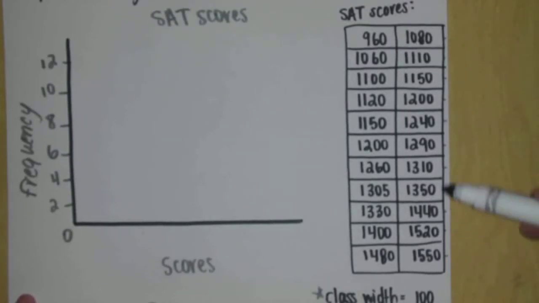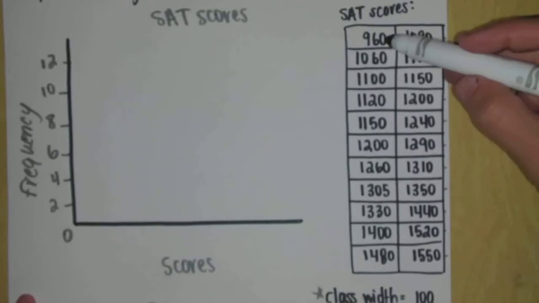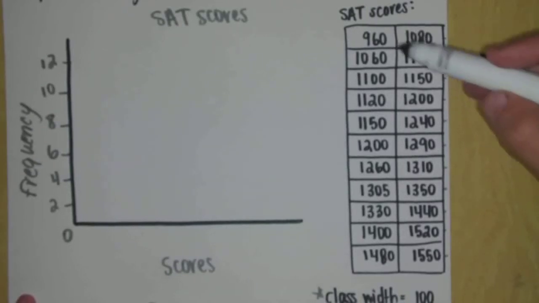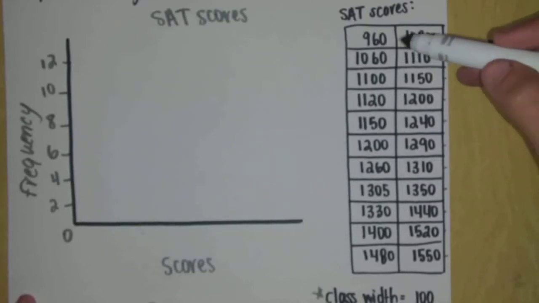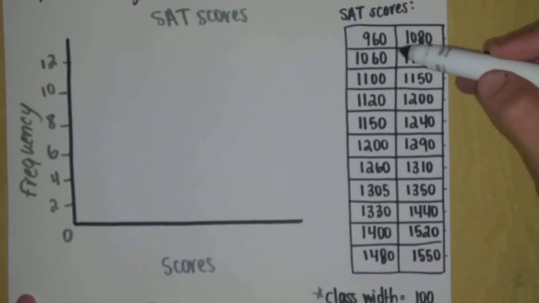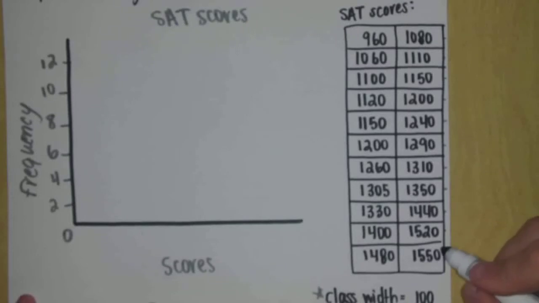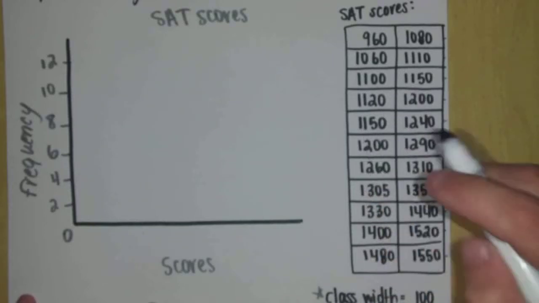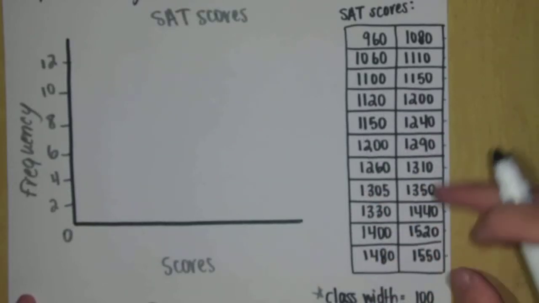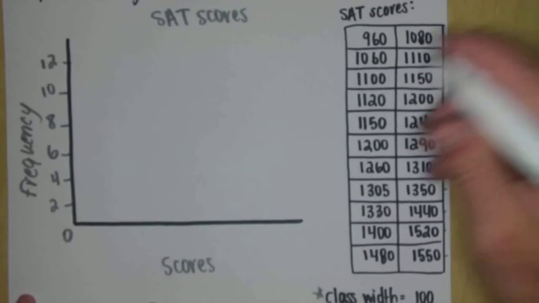Which means I think I could start at 950 and count by 100, because 950, 1050, 1150, 1250, 1350, 1450. My last class could end exactly at 1550, and remember the upper end has the bracket, so I wouldn't be able to include that, so then I would have everything I need. So let's start with